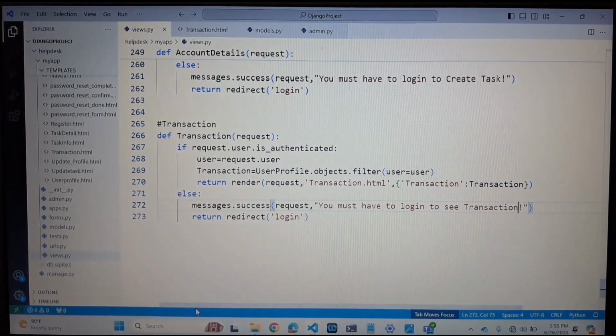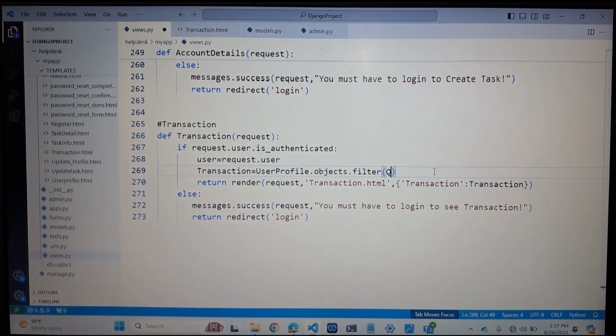Okay, but a little bit of logic we need to implement here. Consider you have two users, Ram and Sham. For example, Ram sent 500 to Sham. So when Ram logs in, in his transaction page it will show that 500 was deducted from Ram and transferred to Sham. When Sham logs in, from his account it will show that from Ram he got 500. Correct? If someone other than Ram and Sham logs in, then that user is not able to see any transaction that happened between Ram and Sham. Correct? So what we can do here, what I want,